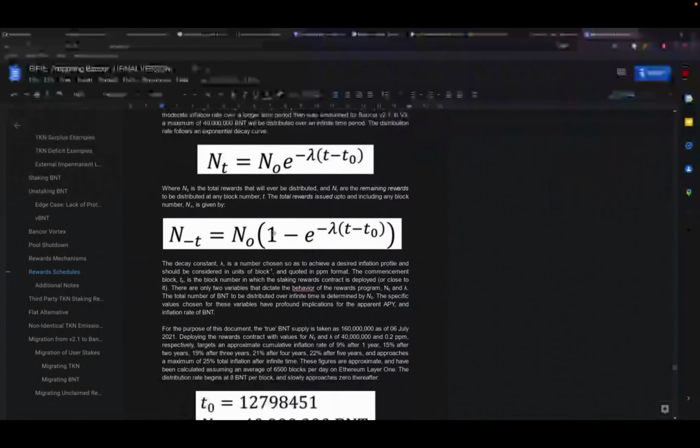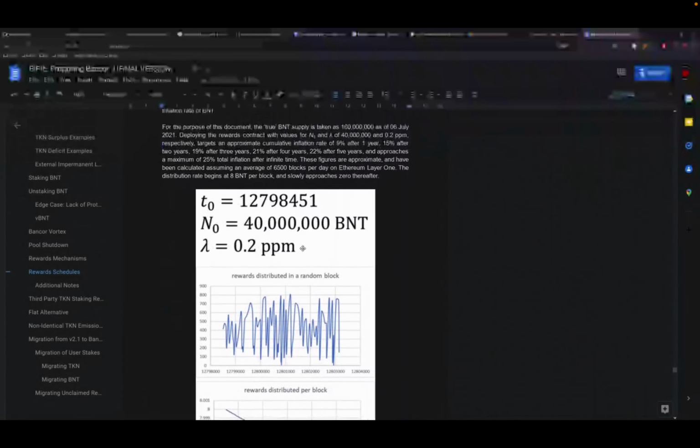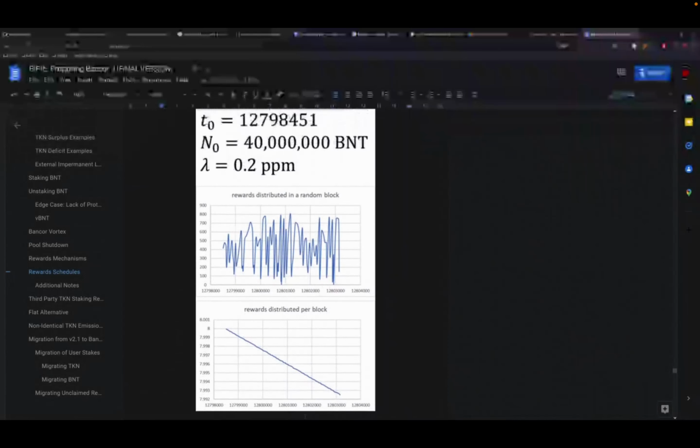But there's also a way that you can do it continuously over time, and that's represented by this equation here. I actually took this out of my radiochemistry textbook, and it works precisely the same way to distribute rewards as the radiation profile of a radioactive element would decay over time. And I've actually got a spreadsheet where some of these profiles are